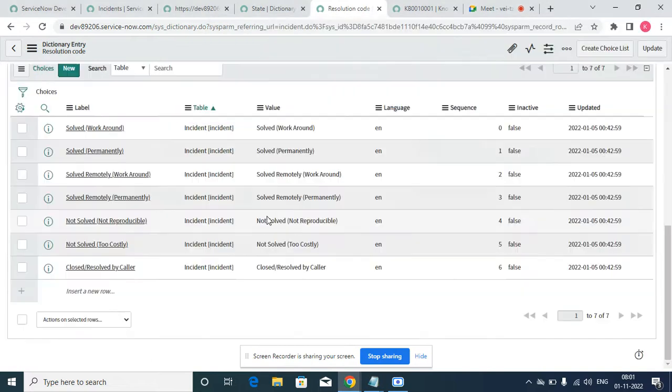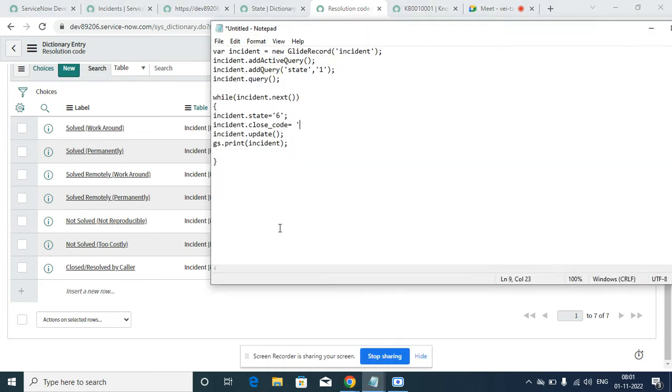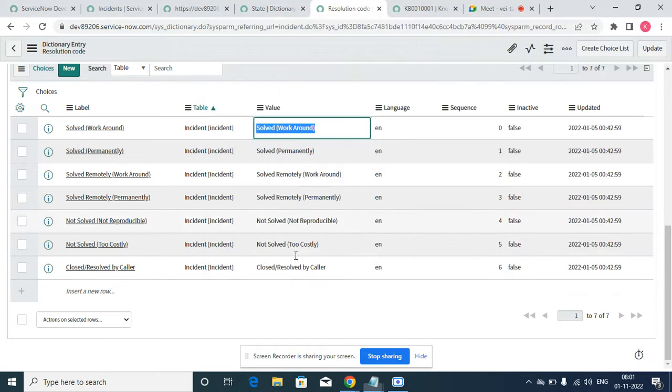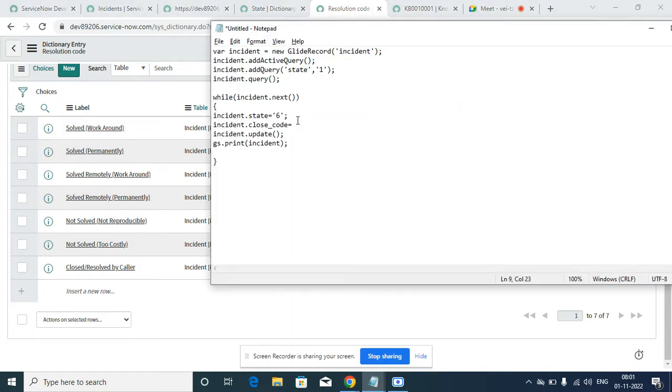So if it is solved permanently, we can add anyone. I think I'm unable to copy. Incident dot and